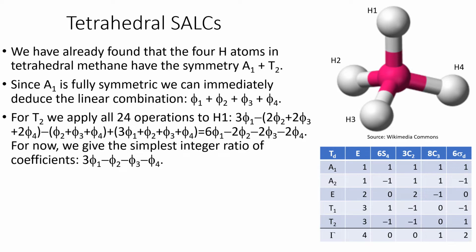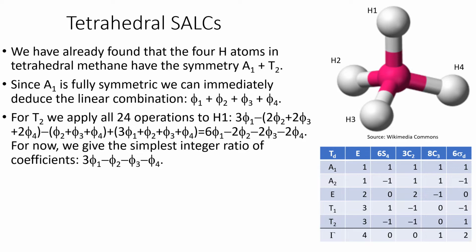The way we do this, in the tetrahedral group, we know that the order of the group is 24. There are 24 different operations. We just choose a random atom, for example H1, a random hydrogen atom, and we simply apply all 24 operations to that hydrogen atom in turn. And when we do that, we end up with this long series